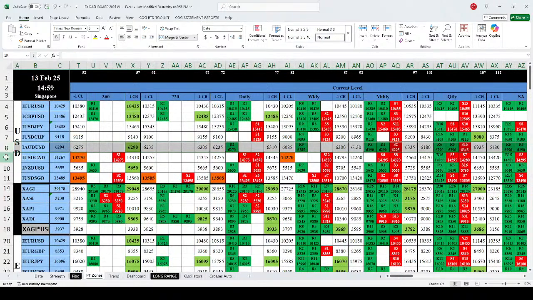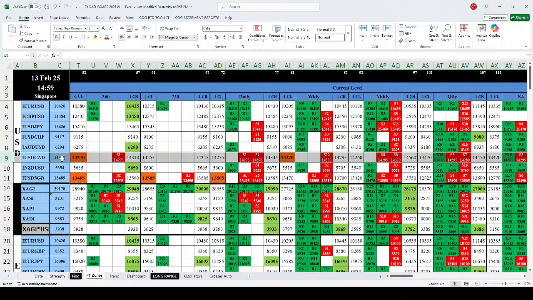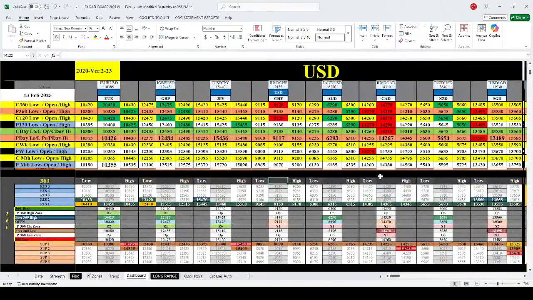Okay, so if you look into the PT zones, this is already into the selling zone on the 360. So daily this is already into the selling zone already, so expect more weakness to be taken. I think most likely we may need to enter this market, and we should see where the price target is. The price target we are looking at is previous day low 42.55, current week low is also 42.55, and current month low. So we got to see that level break, then we can see the price moving lower towards